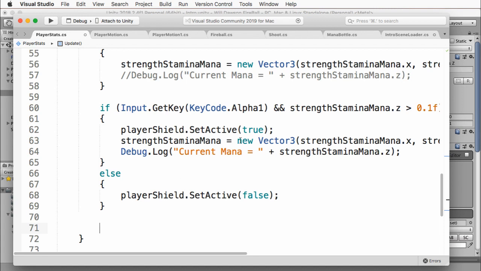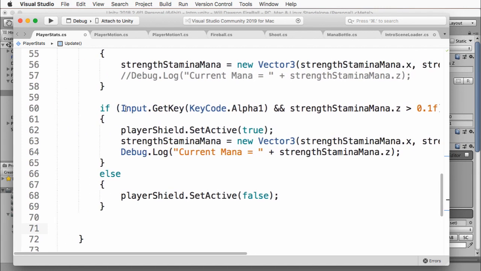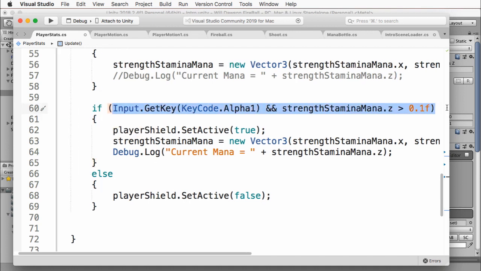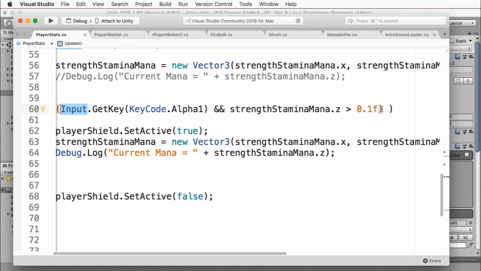No, this is the wrong way to do this. I'm going to make a big, crazy condition. I'm going to put this entire thing inside. I can't believe I forgot this long. So I'm going to put this all inside of some parentheses, and I'm going to say that happens, or